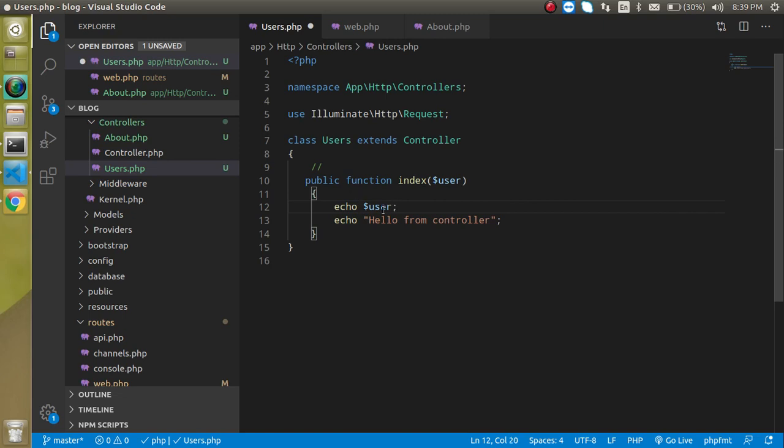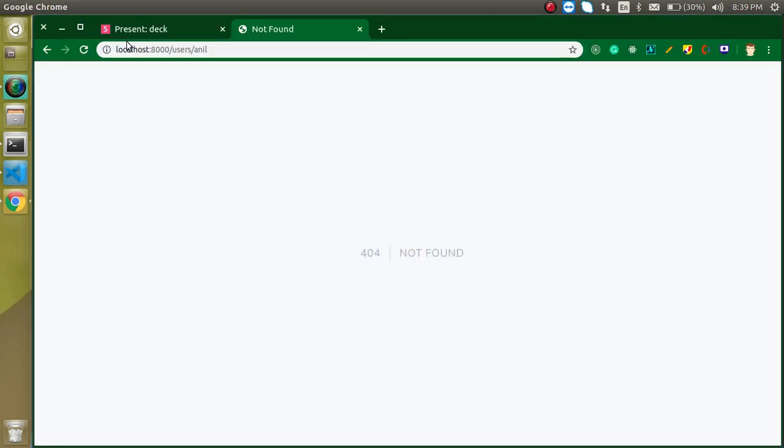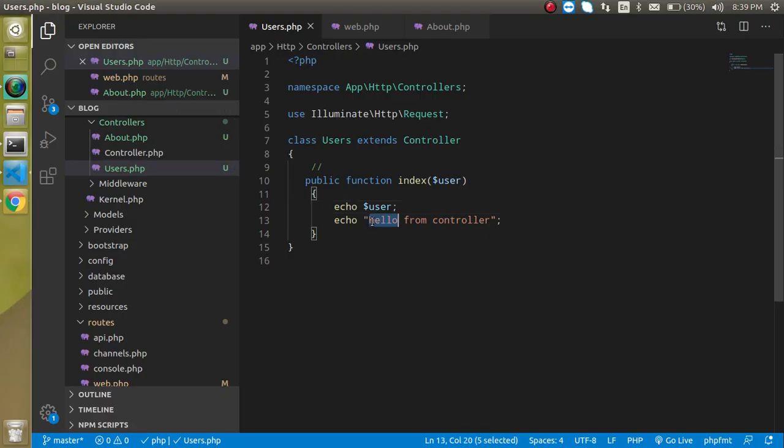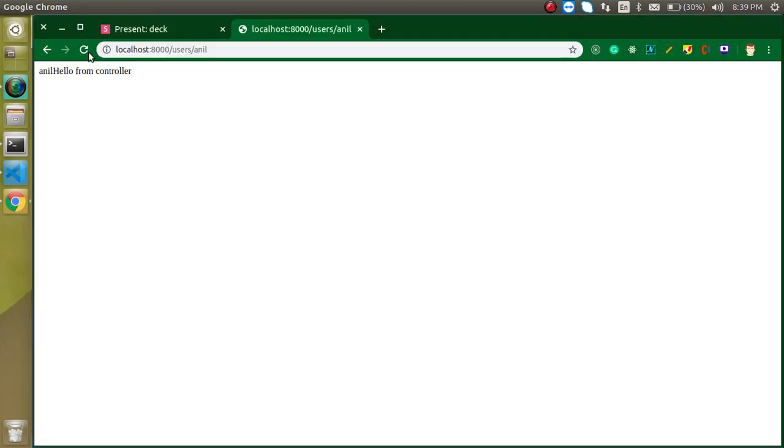You can use both things in a single echo also, but I'm just going to define it like this, right? You can make a space, and you will see a little space here.